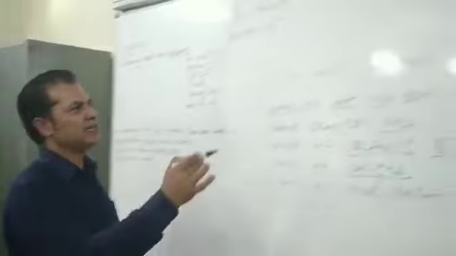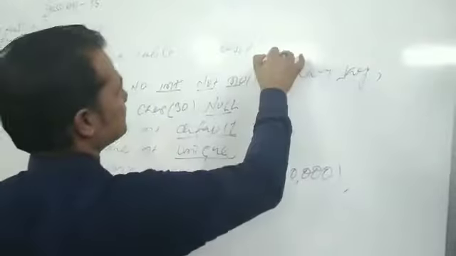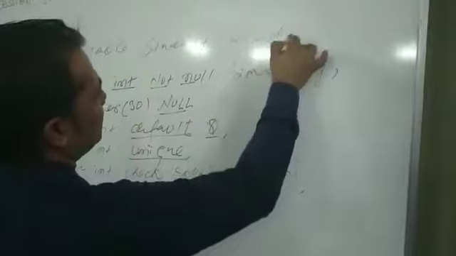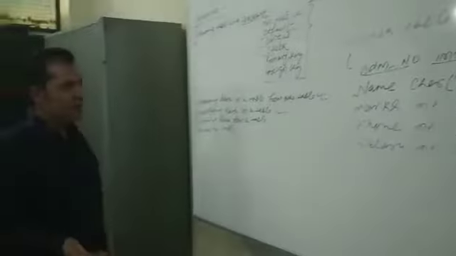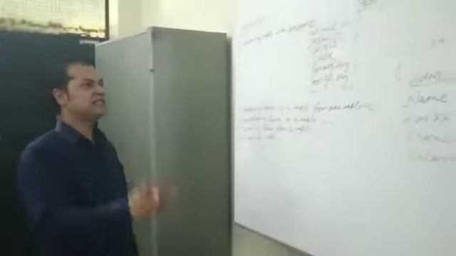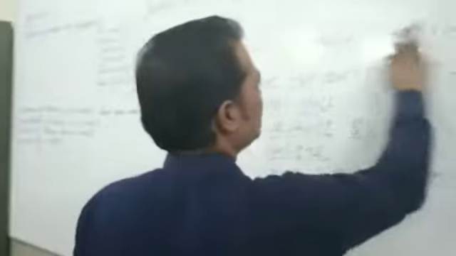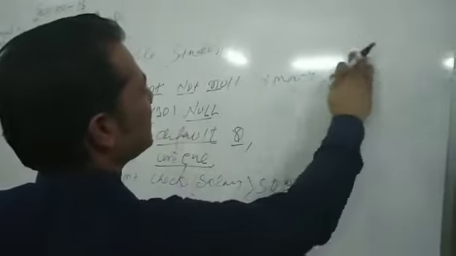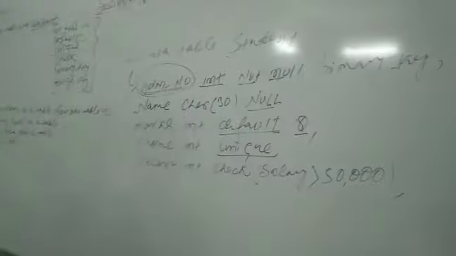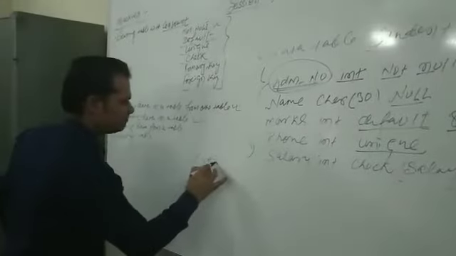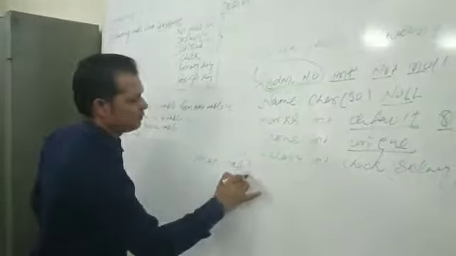Suppose my student is the primary table, or you may consider it as a secondary, it's up to you. If you consider this as primary, where admission number is the field with which you want to make a link as a foreign key, then let student be the primary, and I am creating another table called marks. So create table marks,